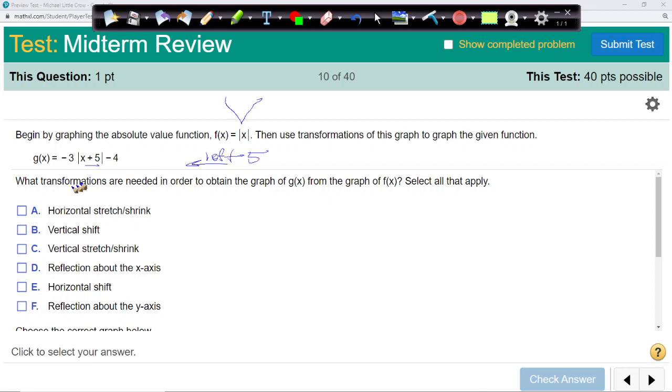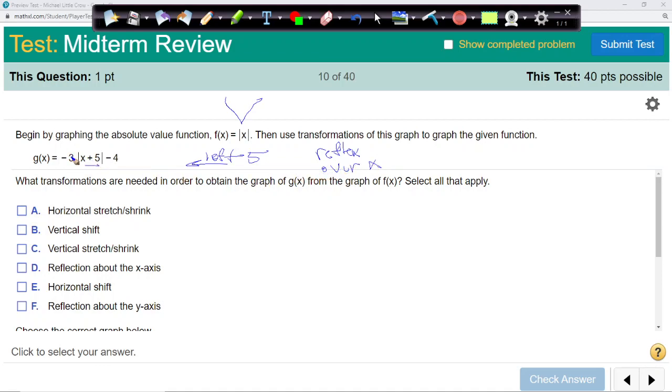Left 5. As we come out, following an order of operations, once we're outside, it gets multiplied by a -3. So that's happening on the outside. A negative on the outside affects the y values, and so it's going to flip it over the x. Okay, reflect, flip, reflect over x,